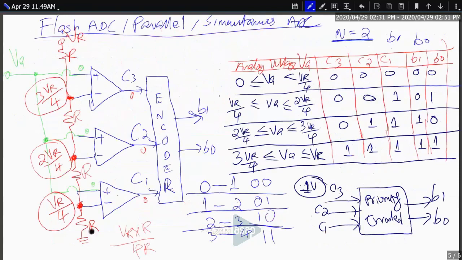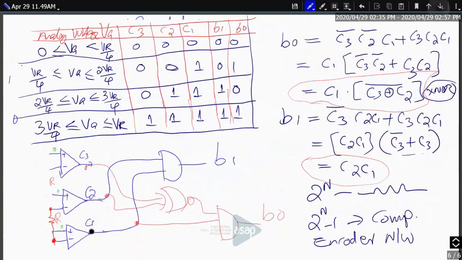255 comparators and that many resistors, etc. This is why this particular circuit called a flash ADC is not very popular, especially the VLSI design people won't appreciate this, because you require 255 comparators, which means the chip area will be increasing, so the package density may not be achievable, etc. So many issues are there with the flash ADC if we think very seriously about implementing this.